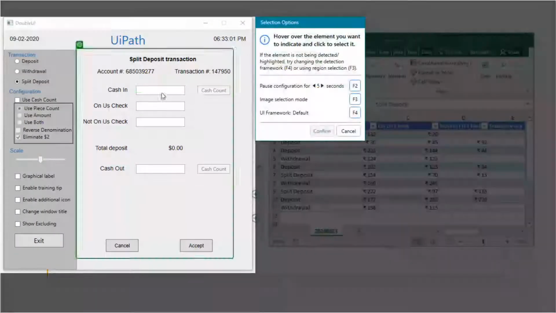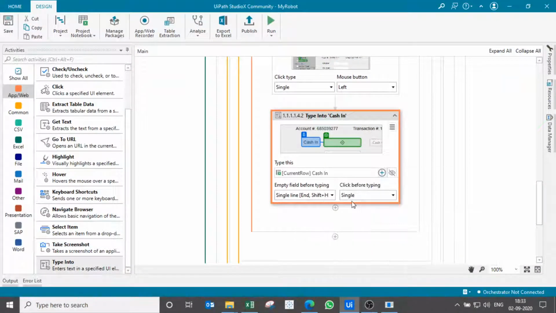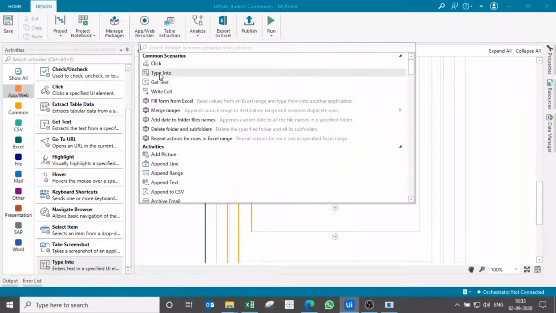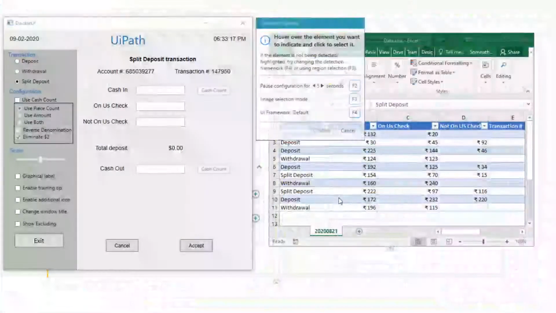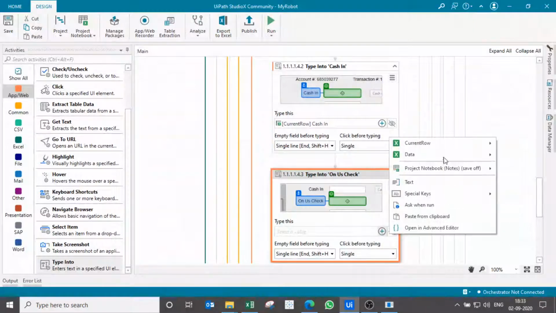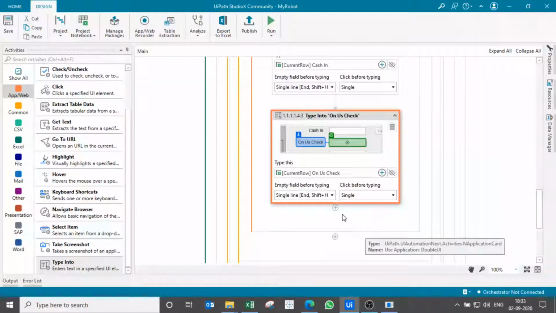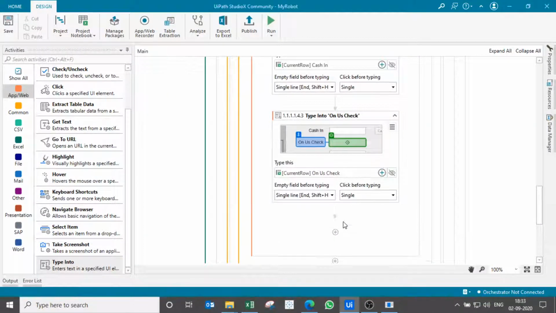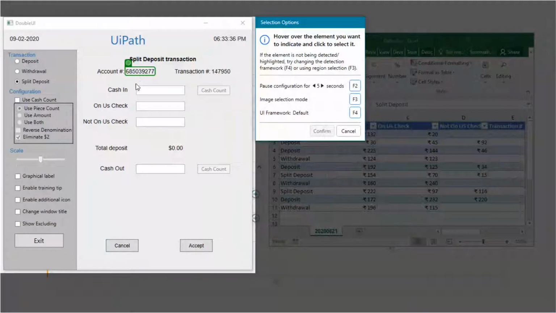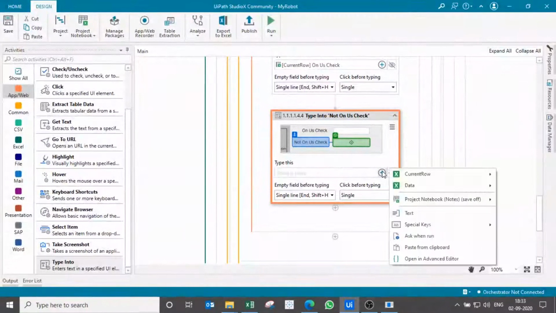Now on the target screen we will select this, and anchor is there, and then again we have to provide data to the field from cash in, and then we again add type into, and then from the target screen we will select this so that it can have the anchor, and then again we have to click on the current row and on us check, and then we have to add again a type into, and let us have a target on the screen and the application, and this is there, and we would be putting the current row and not on us.